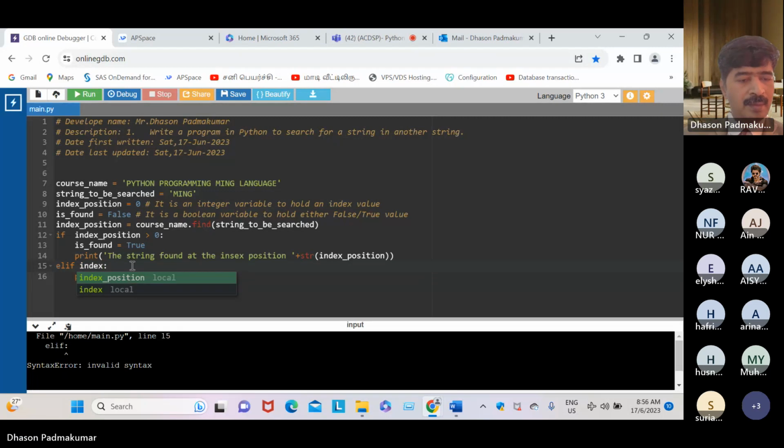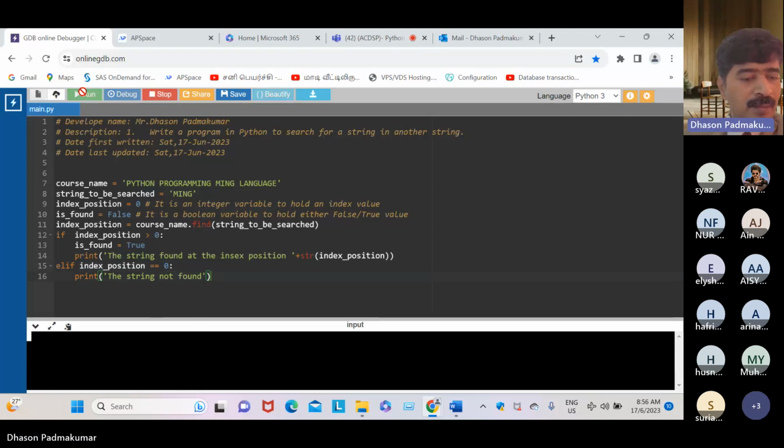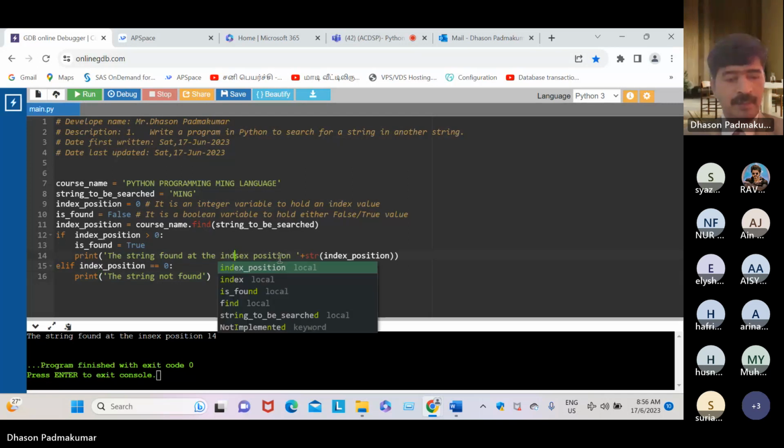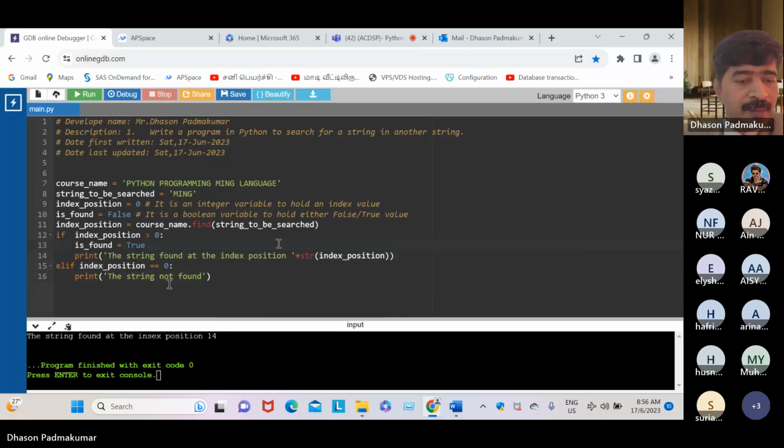Index is 0. Okay, dear student, yes. See, dear student, it's nice. All of you just look at the answer. The string found at the index position. So it means, dear student, this line was executed and this line was executed.